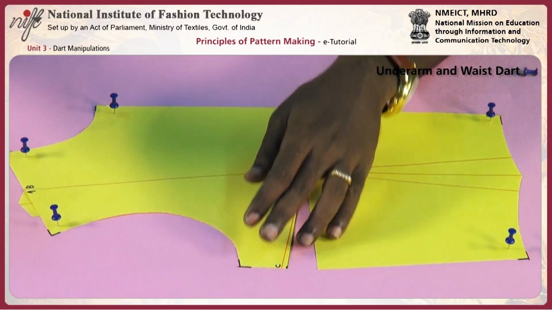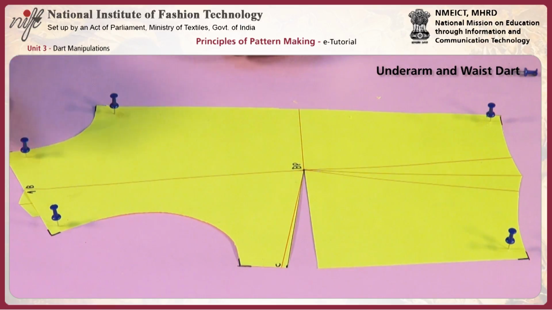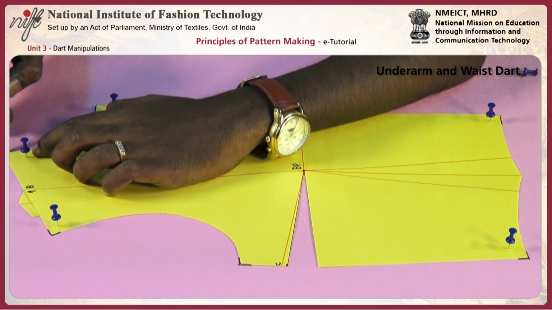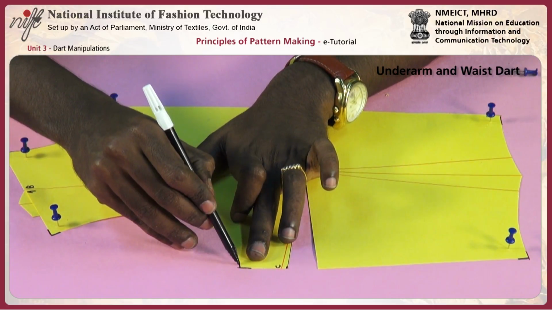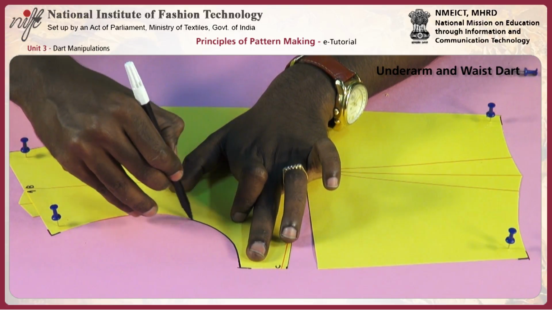Mark all the corners in L shape, and the straight lines you need not mark, but the curve lines you have to mark. Draw the neckline, draw the armhole,